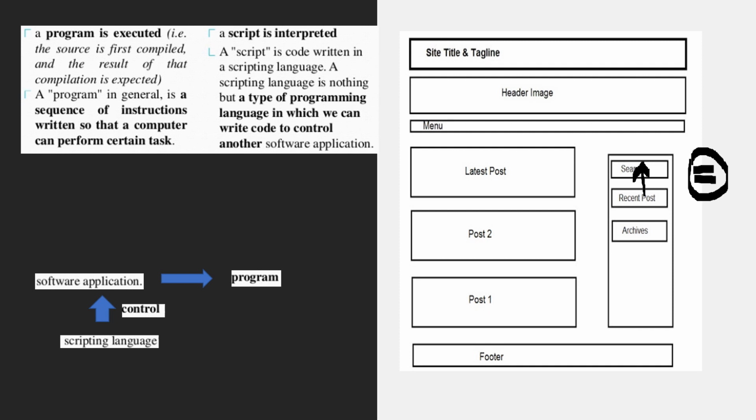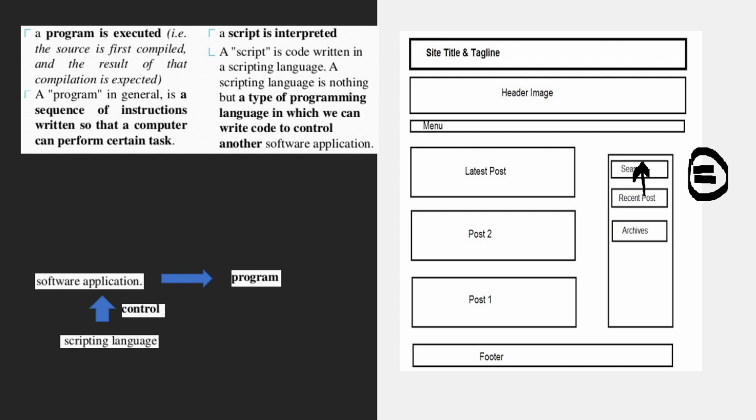HTML is the program, and inside that I will be writing JavaScript code. JavaScript is a scripting language. I'll be writing code so that when I click on the search, it displays an image.